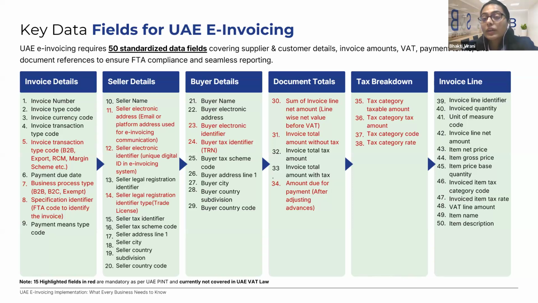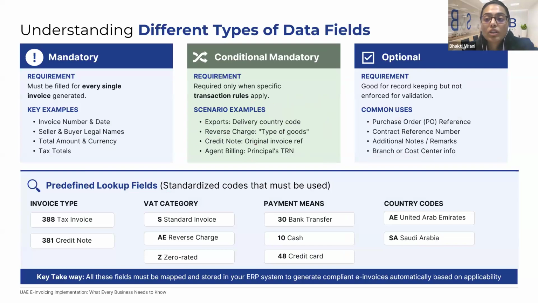Then even currently, maybe we're not having line by line tax breakups in the invoice, but going forward under the e-invoicing regulation, it's mandatory that we have such a breakup. Now we've discussed the 50 data fields which are required to be mandatorily captured in every invoice. But apart from these 50 data fields, if we see the PINT AE details required under the consultation paper, they're not only 50, they are in total 85 to 90 fields which an invoice is required to include.